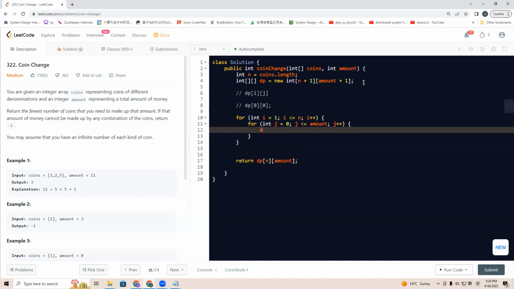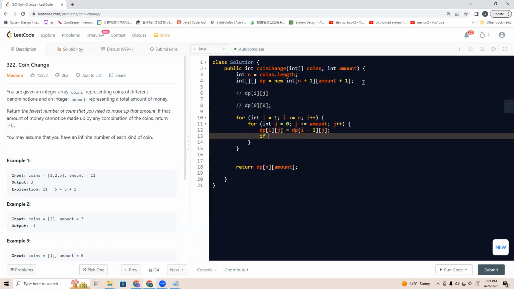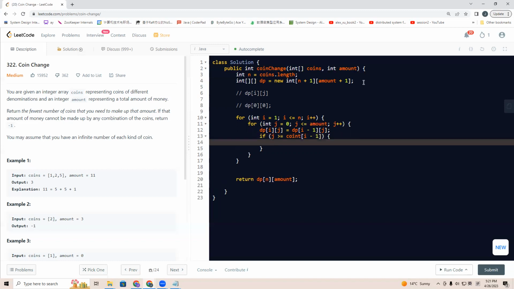Let's say dp[i][j] equals dp[i - 1][j]. And also, if this j is greater or equal to coins[i - 1], we can also compose dp[i][j] from